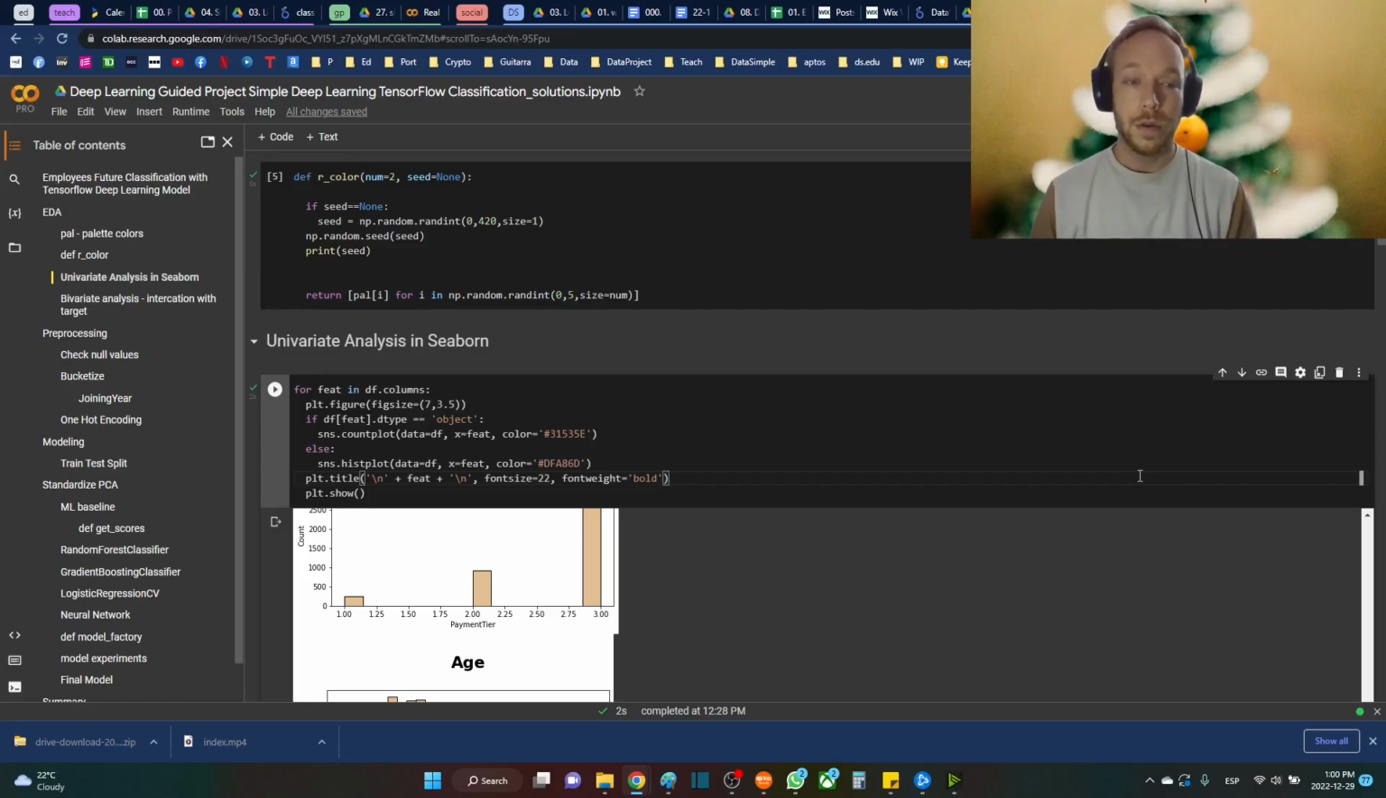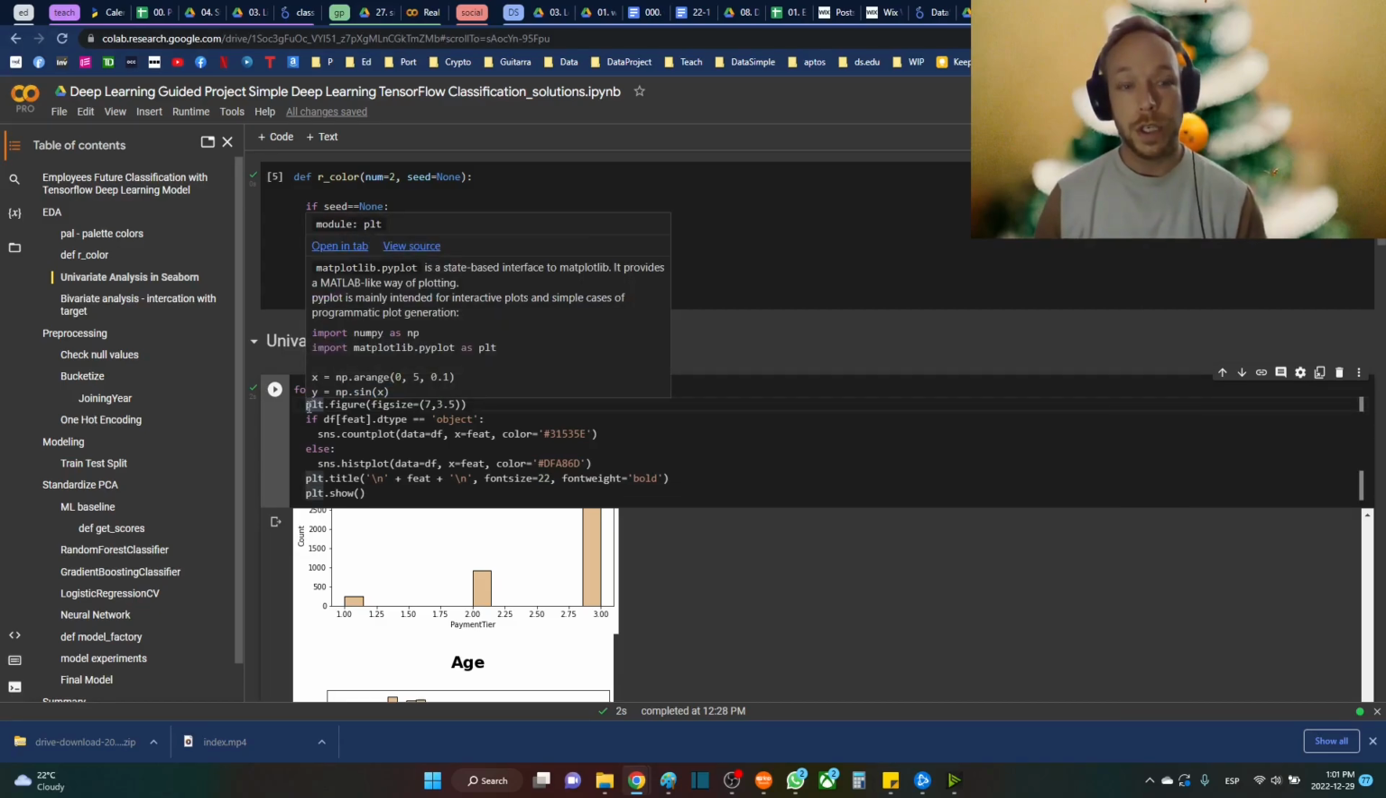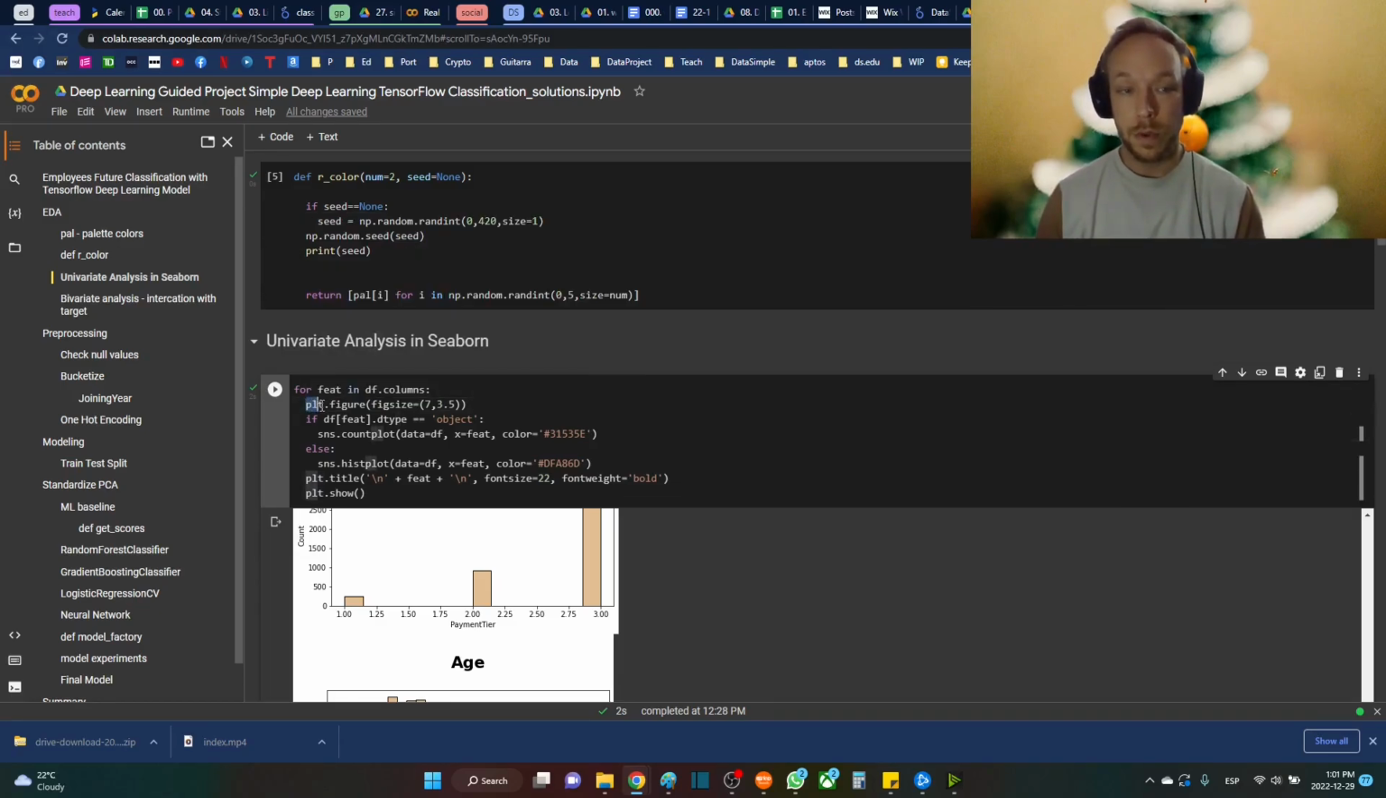Okay, so starting off here with for feature. So this is our iterable variable in our for loop in df.columns. This is giving us all of our column names, and so we're going to start here, changing some things. Seaborn requires using matplotlib, so making the background plot a little bit wider, a little bit better for distribution plots. And then I'm going to go, if the data type of the column is an object,